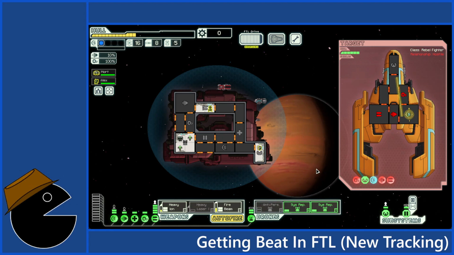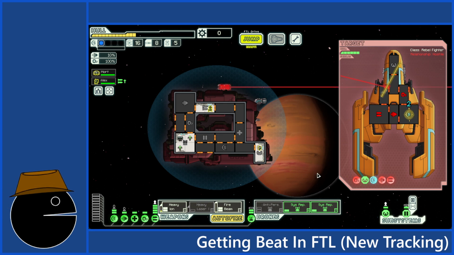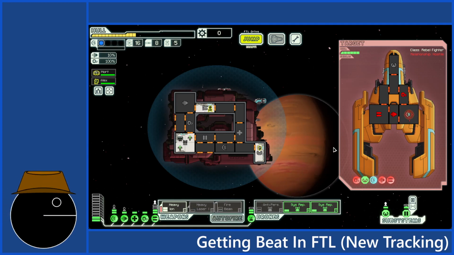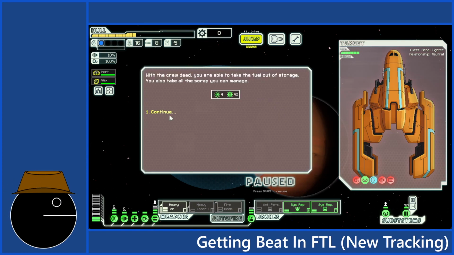And with some luck, the crew members on board are going to die before the ship does. In fact, I'm going to go ahead and turn off the fire beam. Yep.